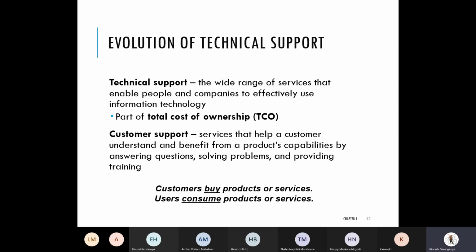What this means is that when you buy a specific technology or product within that ICT space, it doesn't end at you just buying that product. You have to look at the cost of maintenance, the cost of